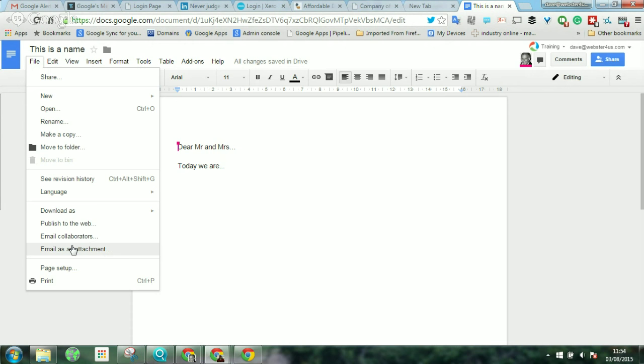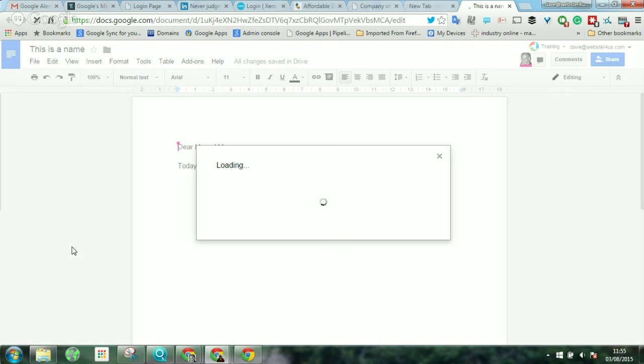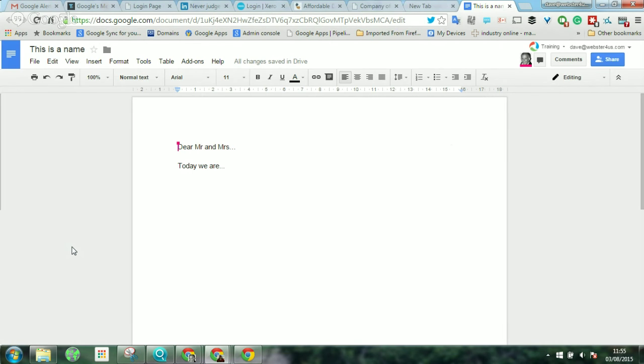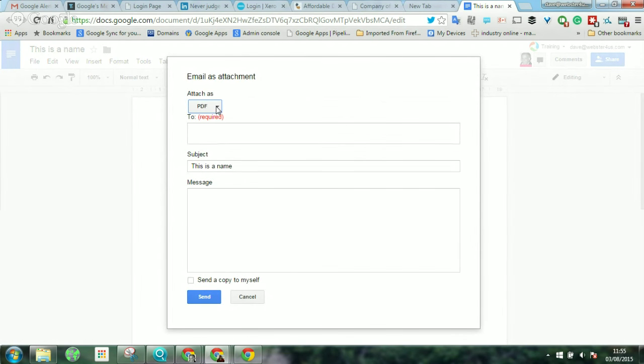Well, you can do that. So you go to File, Email as an attachment, and what this does is it allows you to automatically convert it into a PDF document